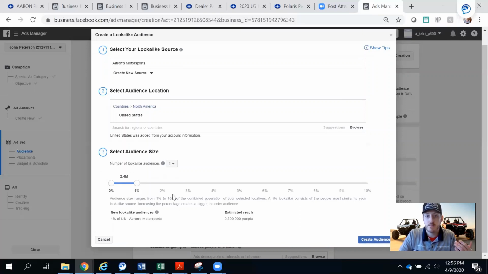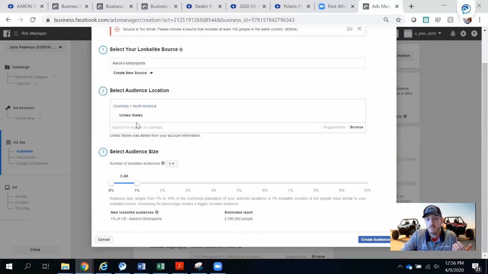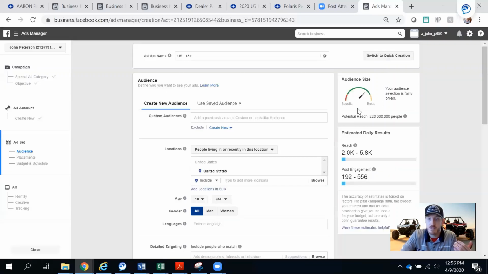Once you have that set, and again, it'll give you a little bit of an estimated reach here. In this case, the top 1% of everybody in the United States, it's going to be about 2.3 million people. From my standpoint, it's actually going to give me an error message when I do this because I have created a fake Facebook account that only has one follower, right? So you need to have several hundred followers on Facebook for the algorithm to actually work. But very, very important to use that lookalike audience to target your specific